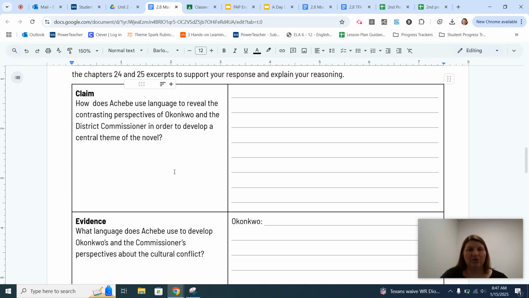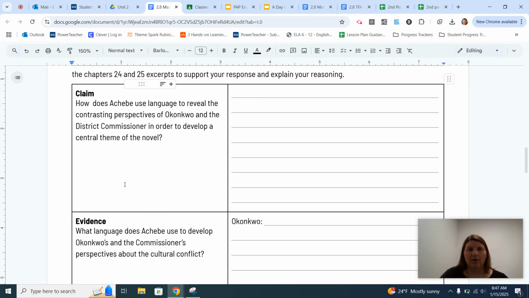So how does Achebe use language to reveal the contrasting perspectives of Okonkwo and the district commissioner in order to develop a central theme of the novel? So in your claim, you are going to identify what does the language reveal about Okonkwo's perspective and the district commissioner's perspective. We've already discussed that Okonkwo is very emotional and he's very committed to preserving his culture, whereas the district commissioner is more detached and he's diminishing the Igbo experience. And then how does that contrasting language help develop a central theme of the novel? What is the message the author is trying to convey to the audience about this idea of colonization and the